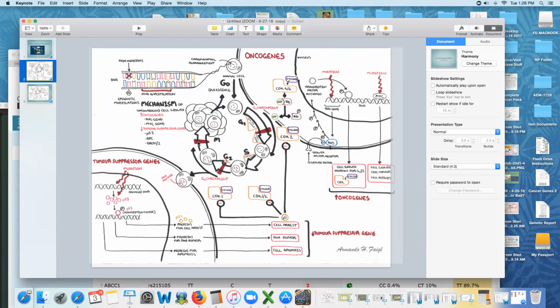to bypass the checkpoints, and instead of going into the G0 phase and functioning as a normal cell, it continues through the cell replication cycle and continues to reproduce and reproduce and reproduce. Now, there are things that happen to a cell that cause this. Poisons can get inside a cell and damage this mechanism and turn on certain genes that then we call